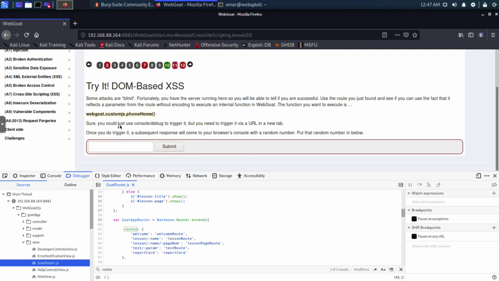Sure, you could just use the console debug to trigger it, but you need to trigger it via the URL or the URI in a new tab. Once you trigger this, a subsequent response will come to your browser console with a random number. And once we get that random number, we will put the random number below. So what I'm going to do is